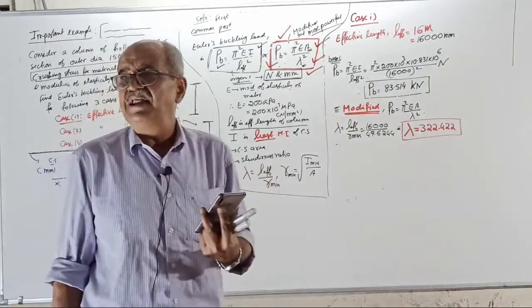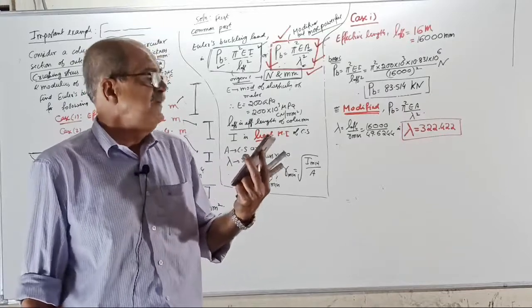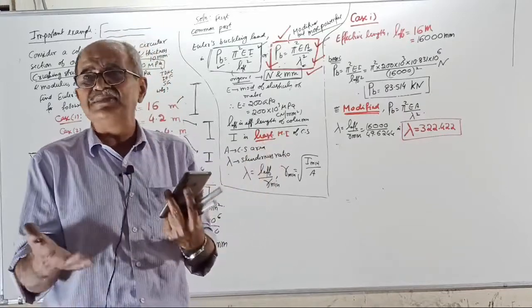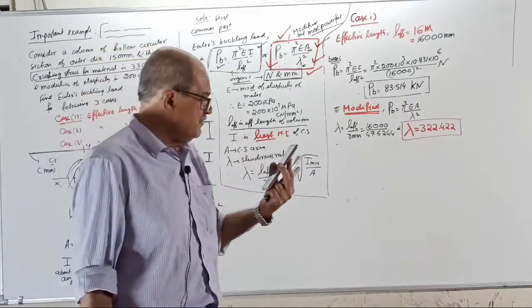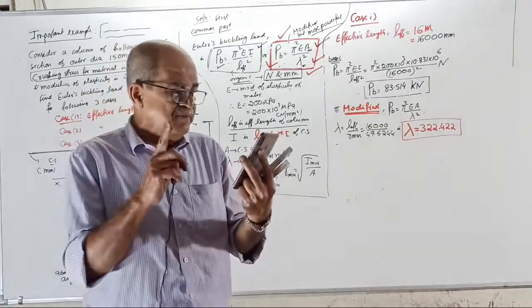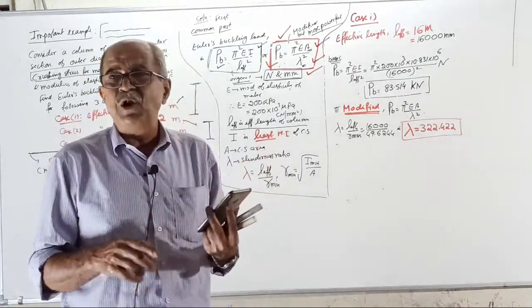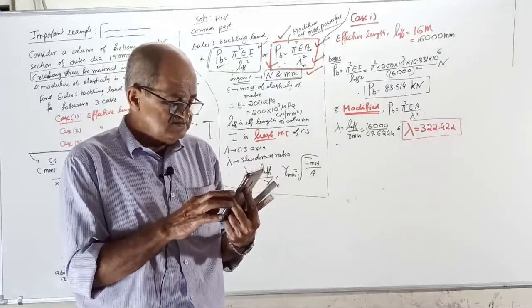It may take around 80 to 90 tons, or with a little bigger section, ISMB 500, it can take more than 100 tons, 1000 kilonewton. That is not a problem. It is not 80. IS code has fixed a danger number. If you forgot, tell me you forgot it, and I will tell you.